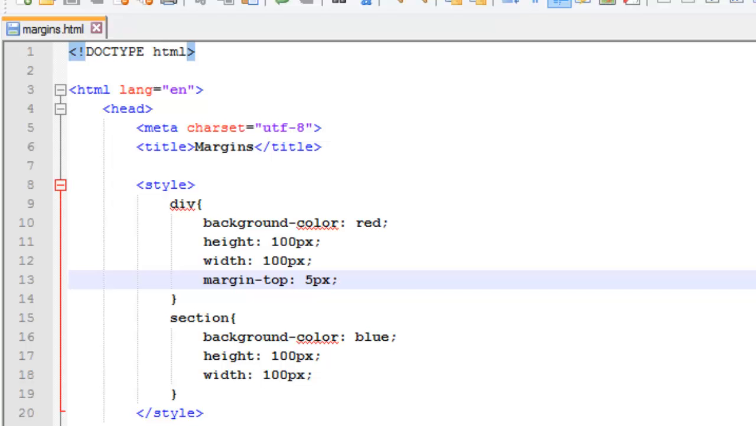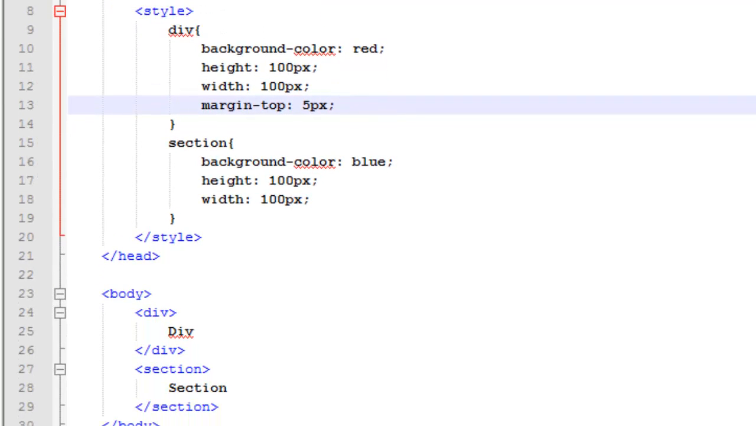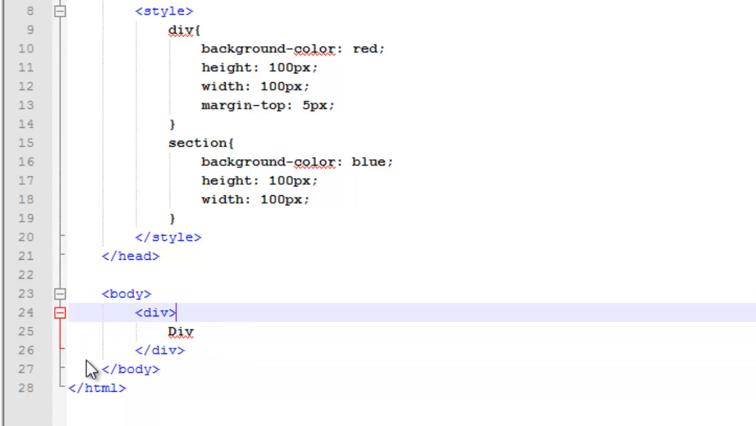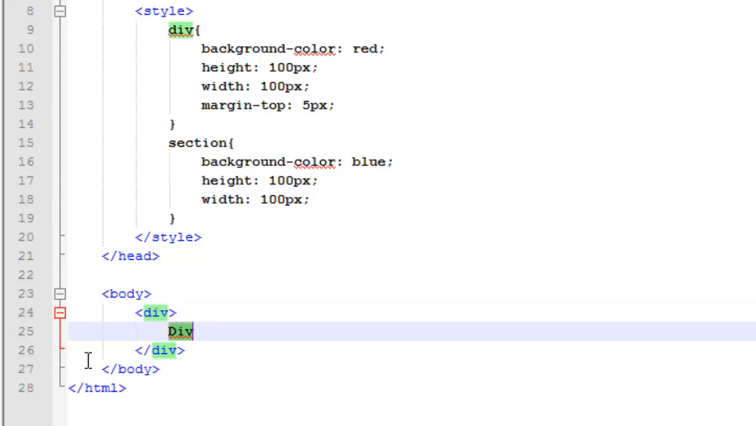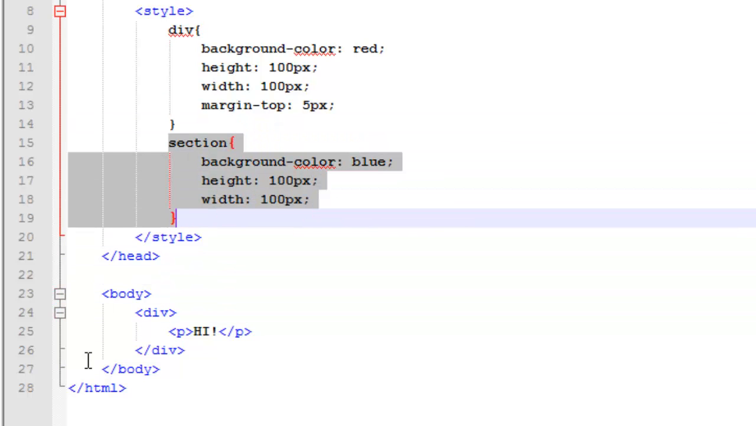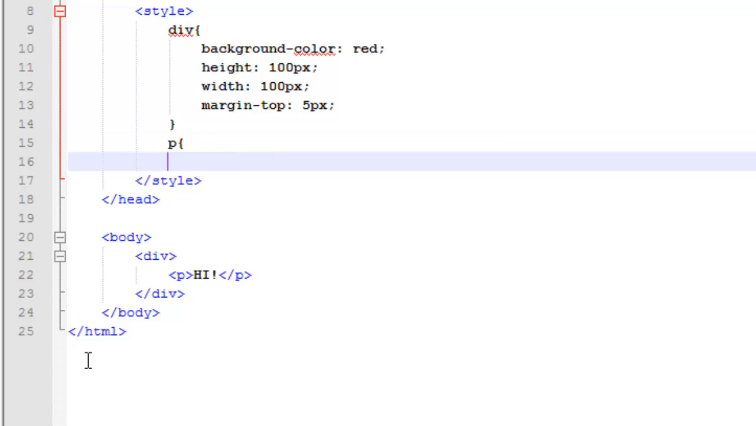You can use auto is another way, and with auto, I am going to show you. I'm going to delete my section here. Okay, and I'm actually going to put a paragraph inside of my div. Alright, and I'm just gonna put hi. There we go. Alright, I'm gonna come back up here, and I've deleted my section, so I'm gonna get rid of this, and I'm gonna add the paragraph in, and